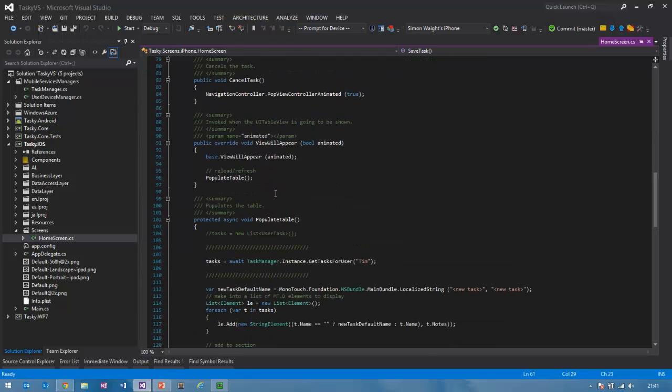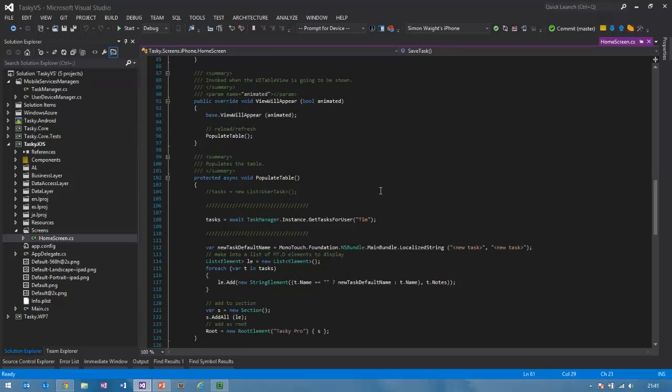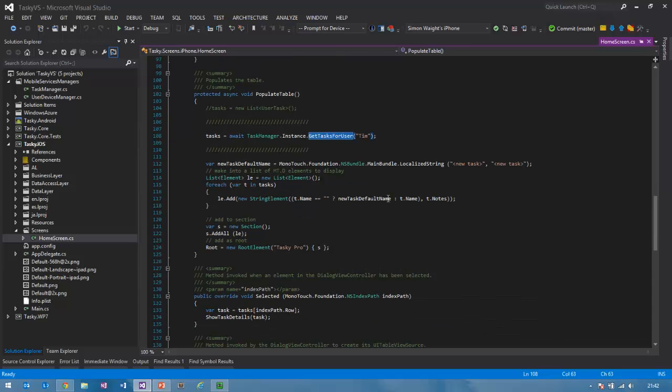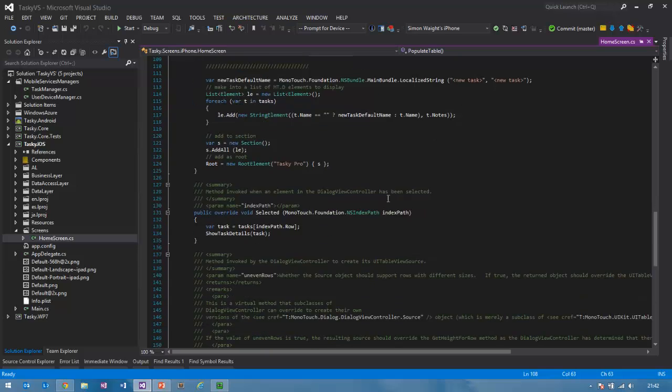In our populate table method, which loads a list of tasks assigned to this particular person, we load the tasks using an asynchronous call, and we call get tasks for user, and we're hard coding the iPhone instance of this application to look for tasks for the user whose name is Tim. And once we get those tasks back, we'll go ahead and populate a particular list of items as they show up on the